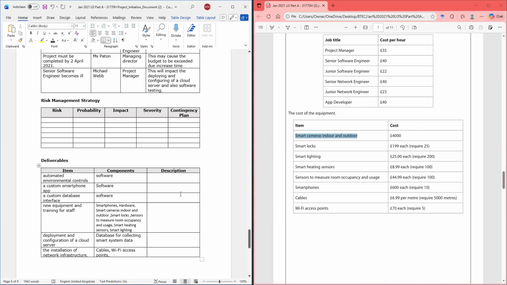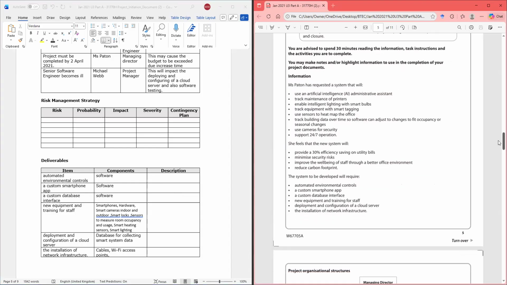All right, so now it wants the description. The description would be what its purpose is. So automated environmental control, and it's up here. So you want an automated environmental control.